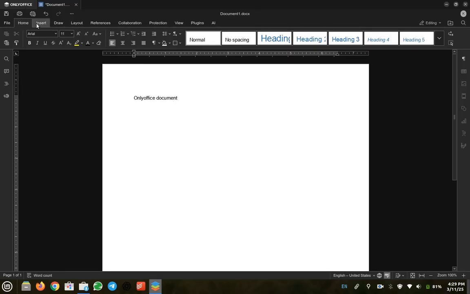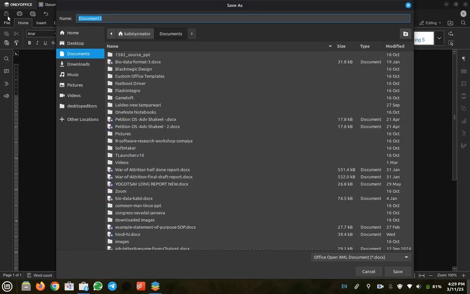And the best thing about OnlyOffice is that when you save something, it automatically gets saved in .docx format. You don't have to change anything. It does not use its own format. That's the biggest benefit, you can say.